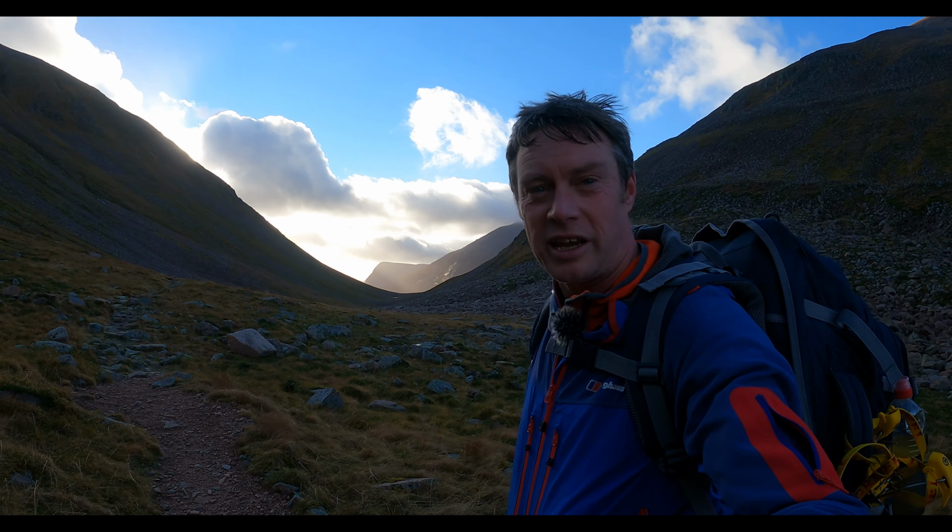Hi guys, so I've made it to the Bothy, and this is the Bothy just behind me here. This is my hotel for the night, and just behind me over here, this is the Devil's Point, which I've come to photograph. Obviously it's silhouetted at the minute. That's the Lairig Ghru Pass, which I've just come down, and that is Cairngorm Mountain, I think I pronounced that right. Anyway,